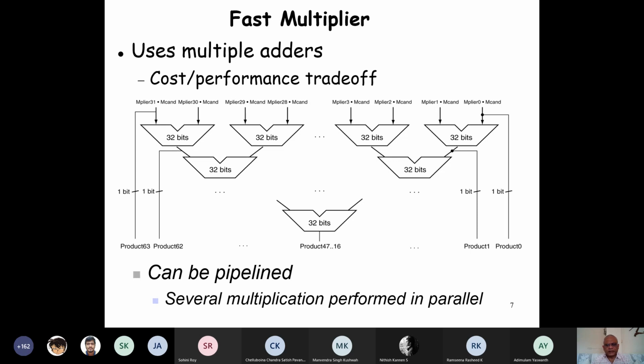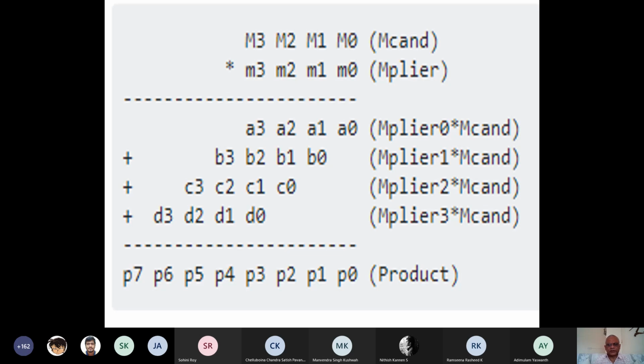But this diagram itself is not so convincing as to how it works. We'll look at another diagram. And not only that, this is very fast. It can be easily pipelined, which means that we don't need that many adders. We can reduce the hardware resources here. Even though the number of adders appears to be large, we can reduce them by pipelining. Now, to understand how it works, let's look at the diagram here and make some observations.